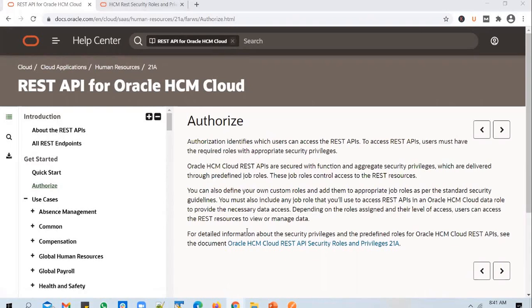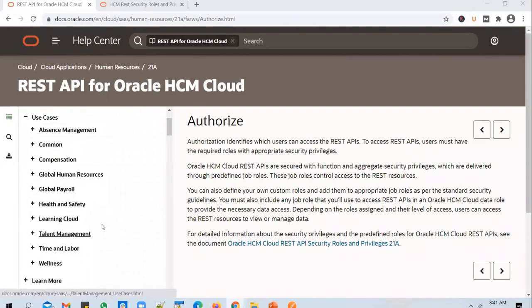Let me address them. You have shared the password of Casey Brown, and to create a new REST API, the question from Stella is, can we create a new REST API similar to the ones that Oracle has given, or extend a seeded one? You can do that, but to do that, you will have to use a product like Oracle Integration Cloud. To extend the seeded REST API and make use of it as part of an integration flow, you will have to use a product called Oracle Integration Cloud.